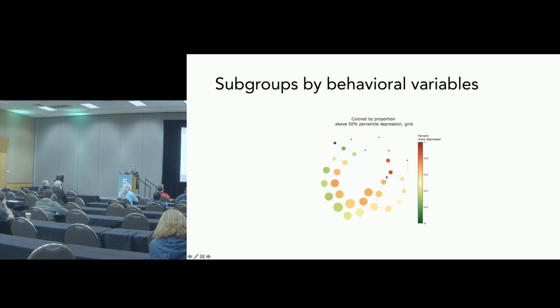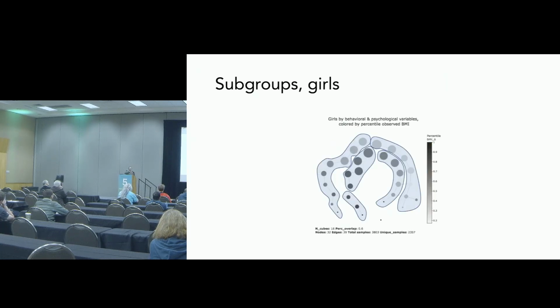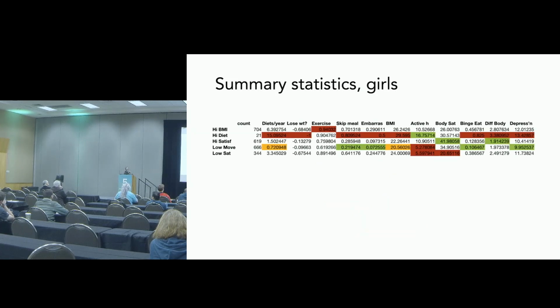This is a graph of depression. So unfortunately, dieting frequency and depression are perfectly correlated in girls. So if you split them up, you can really see a different pattern of movement for girls. If you are,